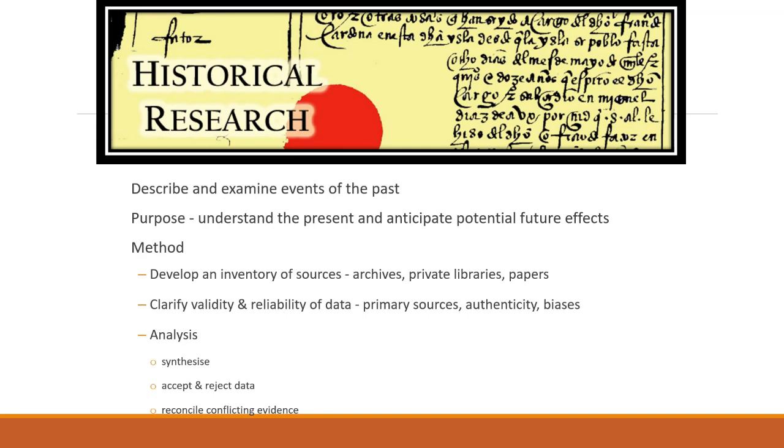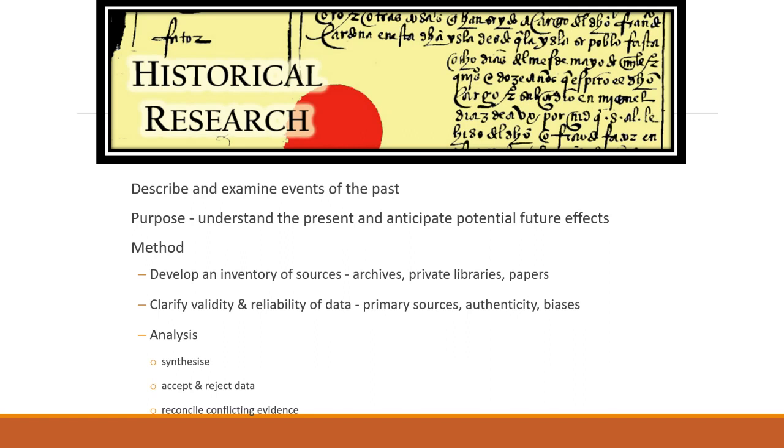And so how does one go about doing this kind of work? So you develop an inventory of sources. So you go to the archives, private libraries, you look at papers that have been written on that particular phenomena. How many of us knew about 1918 when COVID happened? The Spanish flu that now was in our consciousness that we were now talking about. So how does history inform how we see or view the world today, right?